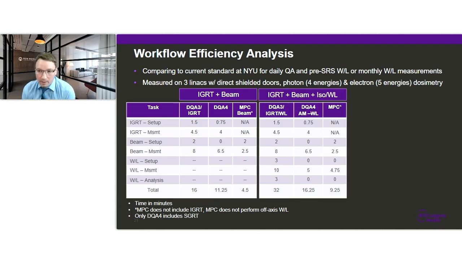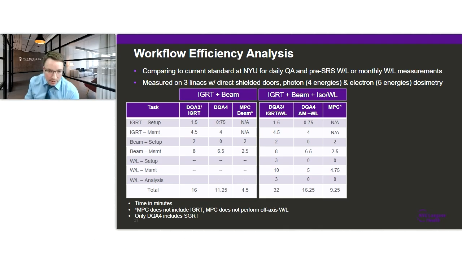If we want to add a Winston-Lutz test, just a regular Winston-Lutz cube, when we add that onto our current setup with daily QA3 and IGRT, it adds another 16 minutes. It doubles the time, so now we're over half an hour. However, on daily QA4, if you add the active measurement Winston-Lutz, it only adds about 5 minutes. And you can see it's about 16 minutes, which is the same as what we're currently doing. So for the same amount of time as our current QA takes today, we can also get SGRT and also